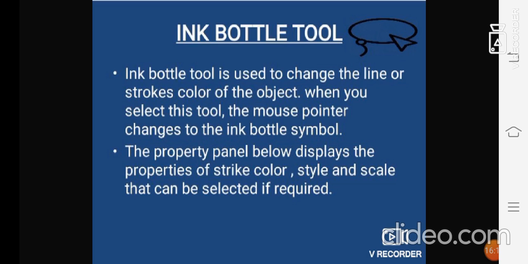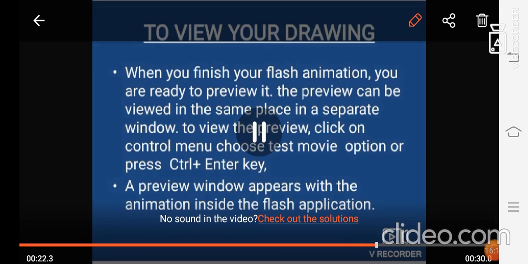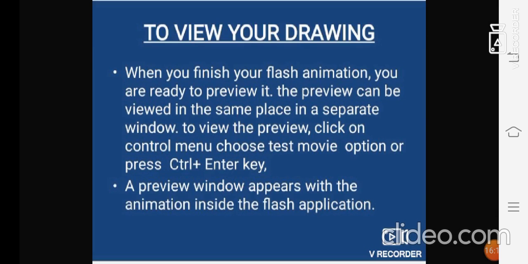Next, we are going to view your drawing. How do we view our own drawing in the computer? When we finish our Flash animation, we finish the full presentation of the animation we have done.